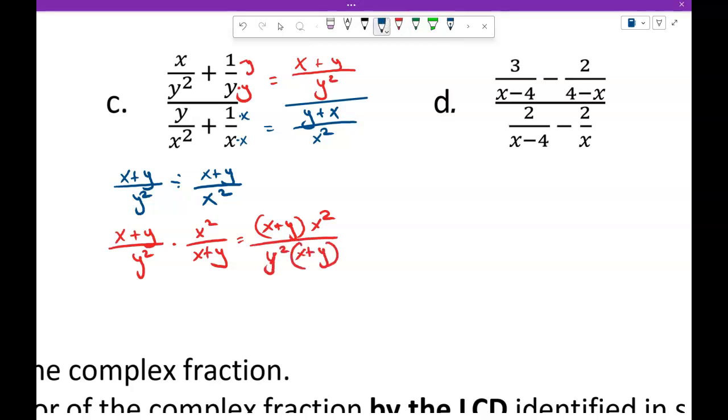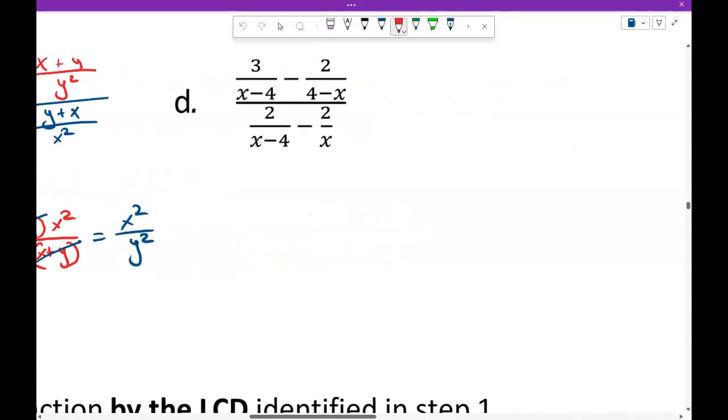Since the numerator and denominator both have x plus y, we can eliminate, leaving us with x squared over y squared. Again, we want to get a common denominator. X minus 4 and 4 minus x, well, these are opposites. So if we multiply our second fraction by -1, then we end up getting the common denominator of x minus 4